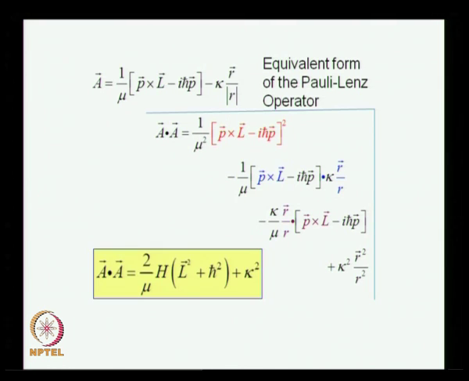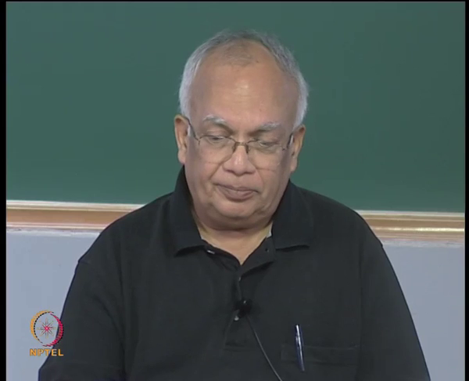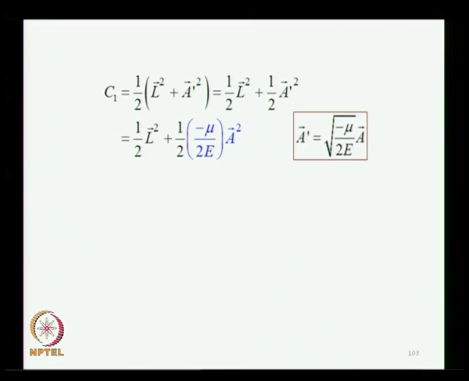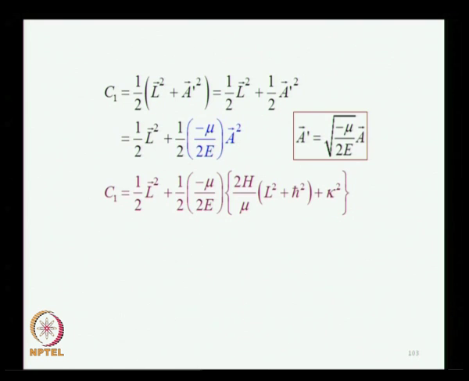What you find is that as a result of this, you will have another form of A dot A, which has a term in h cross square which distinguishes it from the classical A dot A. In the classical A dot A you do not have this h cross square term, but now you have it, and this is coming simply because now you are working with quantum operators which do not commute. So, you have the Casimir operator C1, and for A dot A, which is this A square, we have now written this explicit expression which you find in this beautiful bracket,